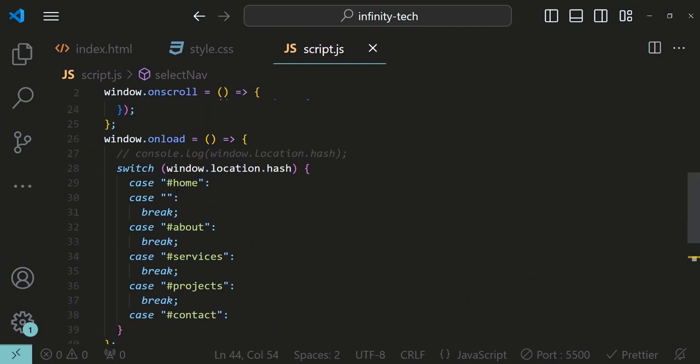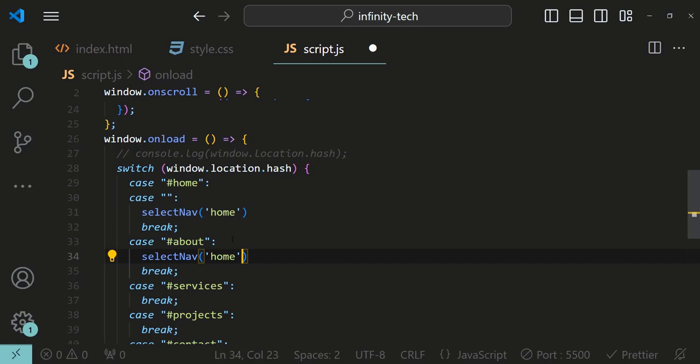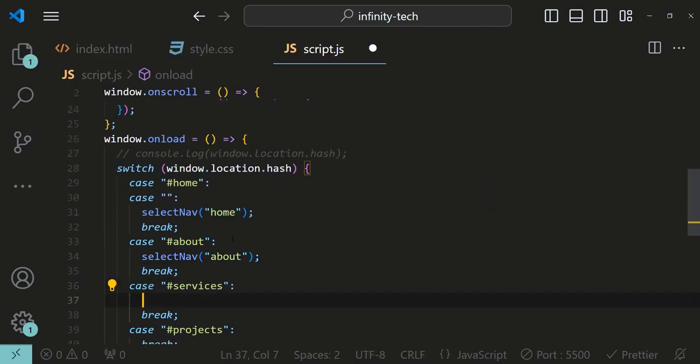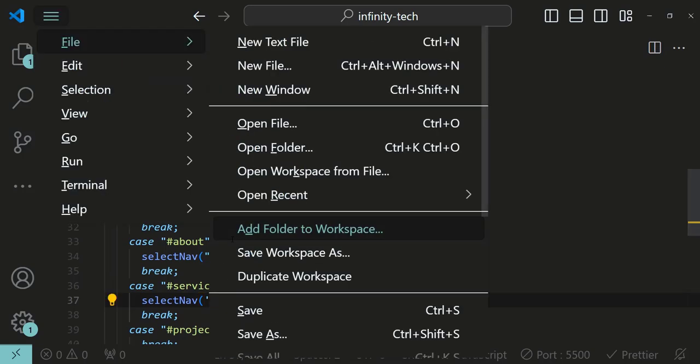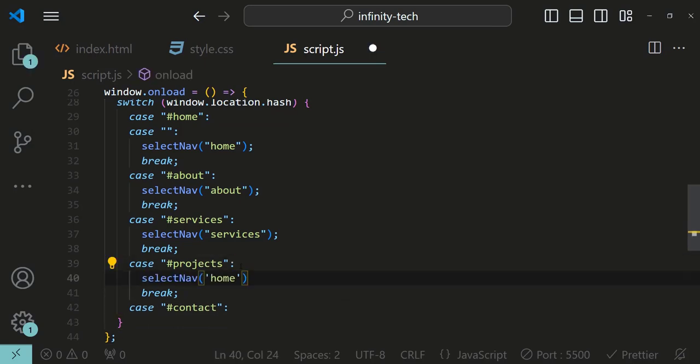For both the home section and the empty case, select nav and pass in home. Copy, and for the about section, paste and change the value to about. For the services, okay, for the projects, again paste and projects. For the contact,